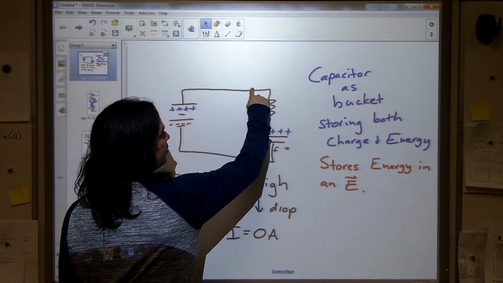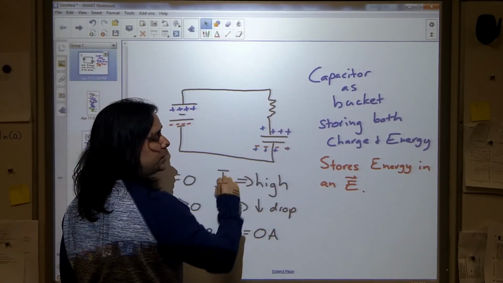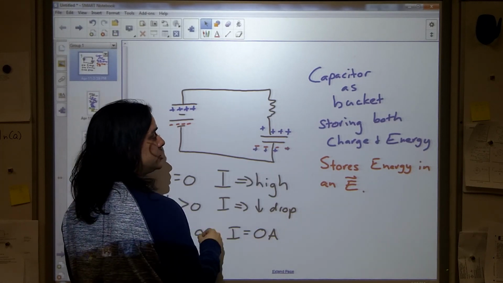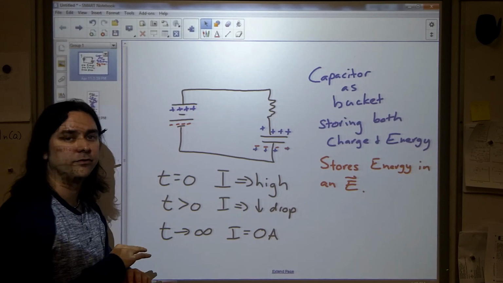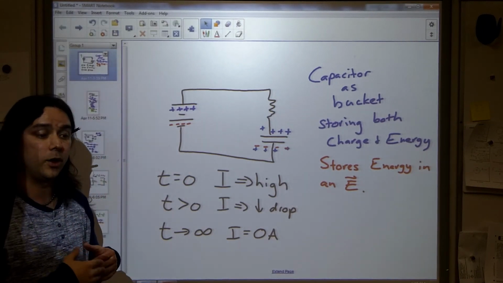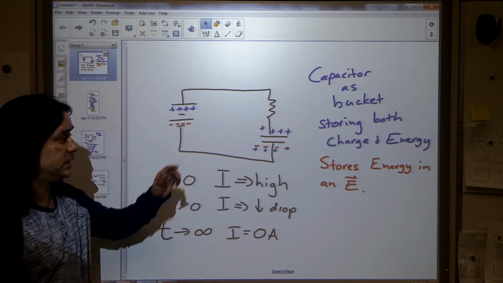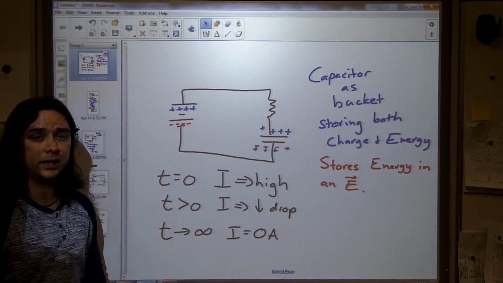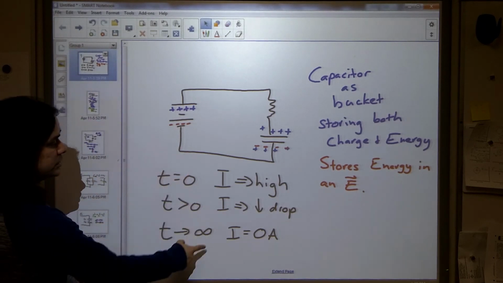Capacitors, as they charge up, will stop letting current go through them and grind everything to a halt. When they are discharged, when they don't have anything on them, they act exactly like a wire. They have no effective resistance. But their effective resistance goes up to infinity as they begin to charge up. Eventually, they will stop letting charges through at all. This results in things that we